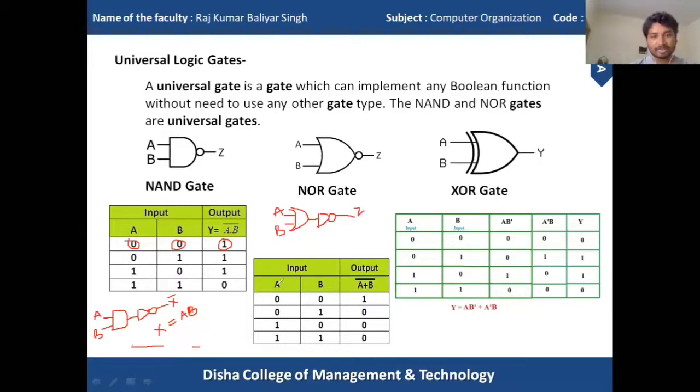So I will supply 0 for A, 0 for B, then I am getting A plus B, that is 0, and (A plus B) naught, that is 1. So 0 1 gives 0, 1 0 gives 0, 1 1 gives 0.